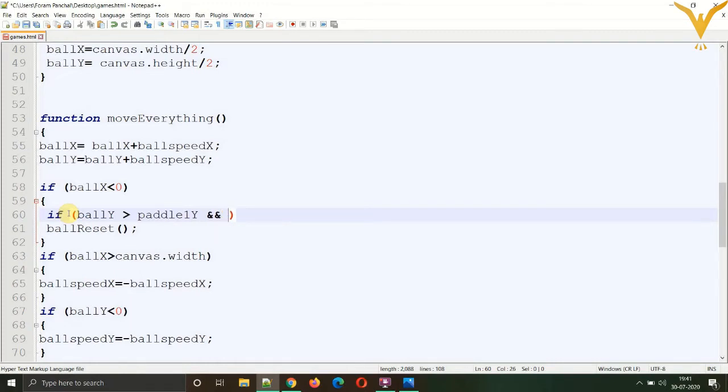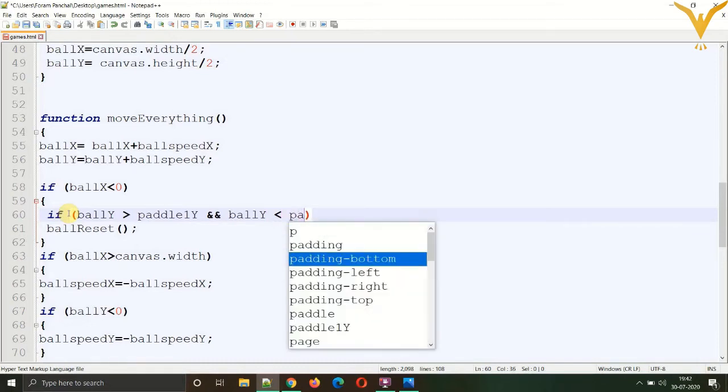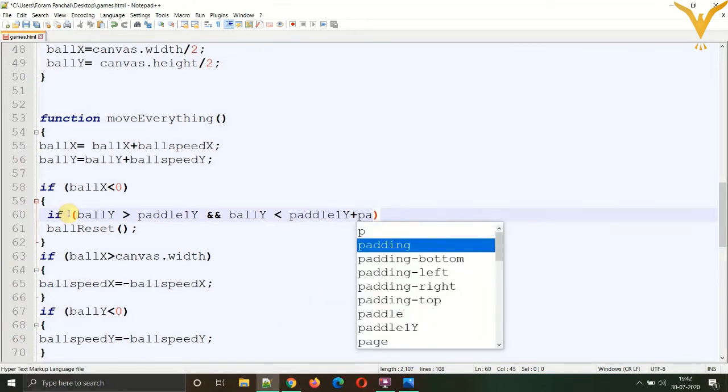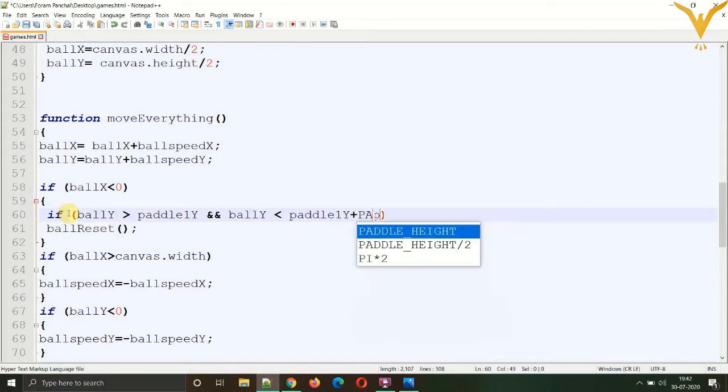And another condition is ballY should be less than paddle1Y plus the total paddle height. Okay, this is the first condition.